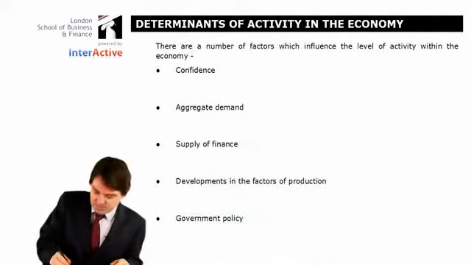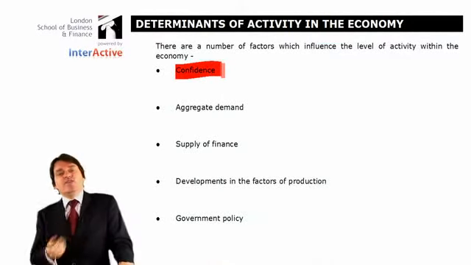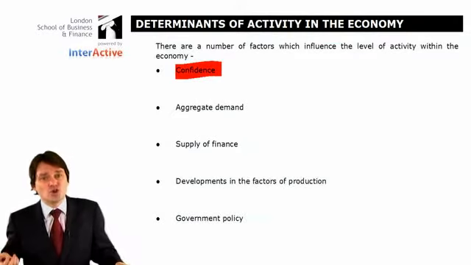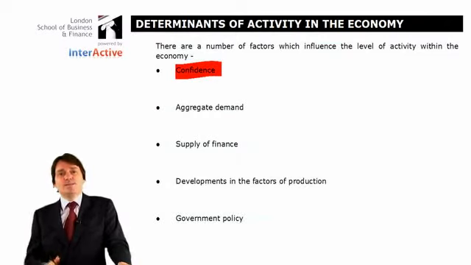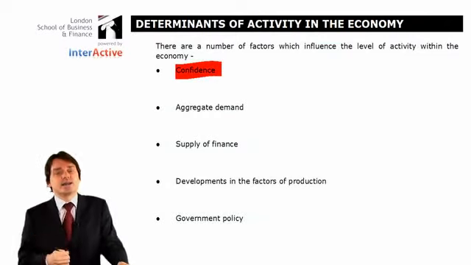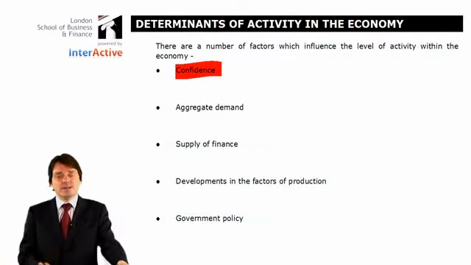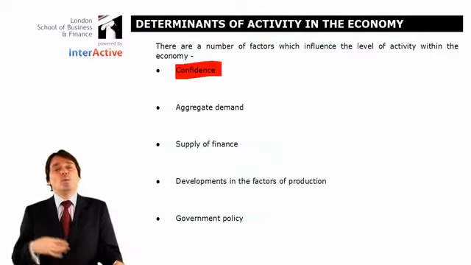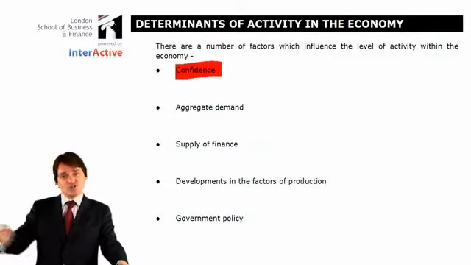Now, what kind of things make a difference for how much people are spending? And again, the big credit crunch of 2007-2008 is a very good example of what happens to determine these things. One of the biggest things is confidence. If people think that things are going to get worse, if people think that they might lose their jobs, they stop spending because they need to have the money in the bank in case they are made redundant. The trouble is, if people stop spending and they're not spending any money, it means that other people will be made redundant. It almost becomes a vicious circle.